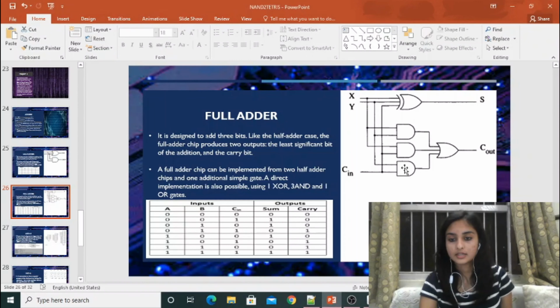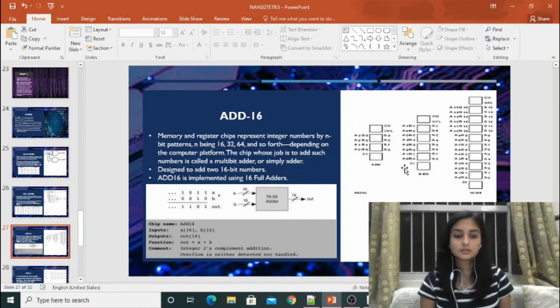Next we have add 16. The memory and register chips represent integer numbers by n-bit patterns, n being 16, 32, 64 and so forth. As you can see in the diagram over here, we have 4-bit, 8-bit and 16-bit, and so it goes on.